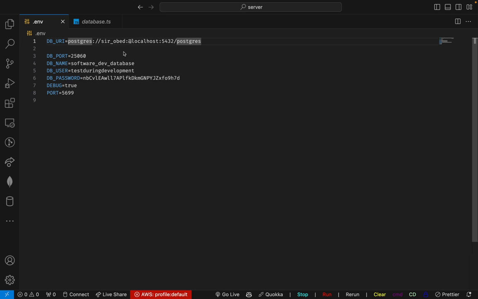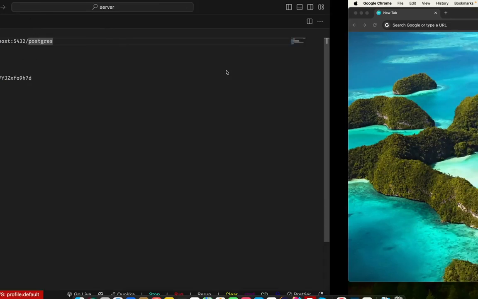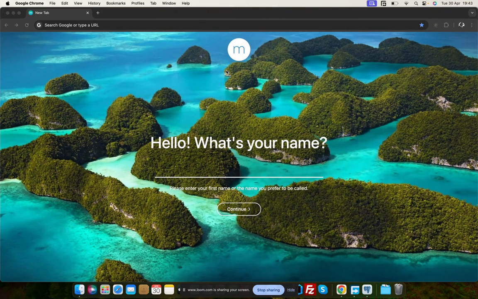you're not going to connect to a local database, right? You need to get a hosted database that is on cloud, and that is what your deployed server will definitely work with. It will not access your local SQL Postgres database, just like I have right here. Now, there are a couple of options out there where you can get your SQL Postgres database. You can get that